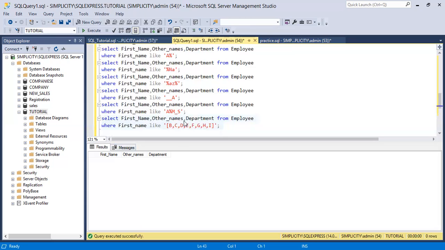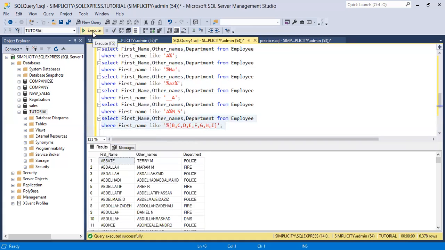We have it now. Now, what if I want it to be something? I should put the percentage sign here. I'm expecting which set of data? Now, this means that the name ends with